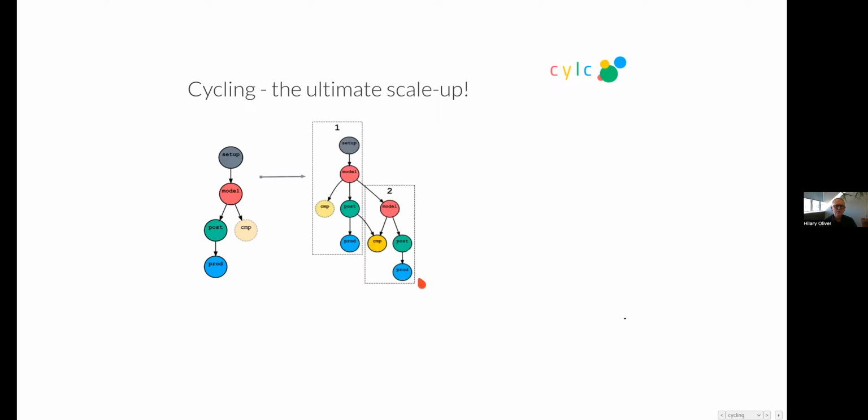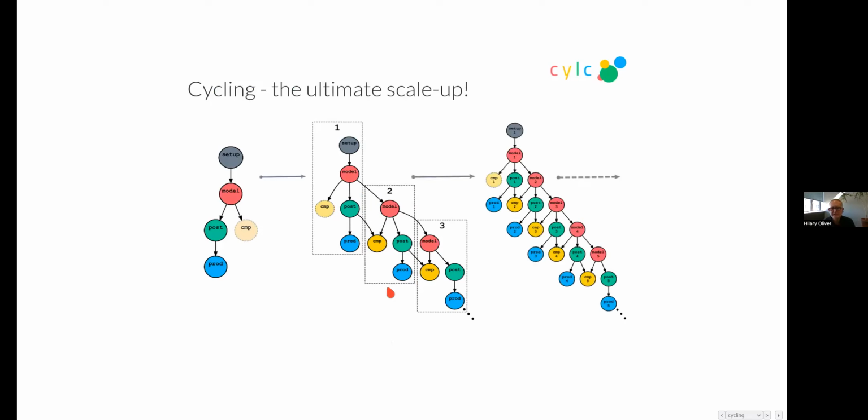So let's say I've got a small workflow on the left, and then I want to run another copy, run it again, second cycle, and a third, and so on. In this case, I've got dependencies between cycles, which Cylc can handle, but you don't have to have those. If there are no dependencies, Cylc can run each cycle concurrently. And then we throw away those cycle boxes, and Cylc sees this as a single monolithic non-cycling workflow composed of repeating tasks.